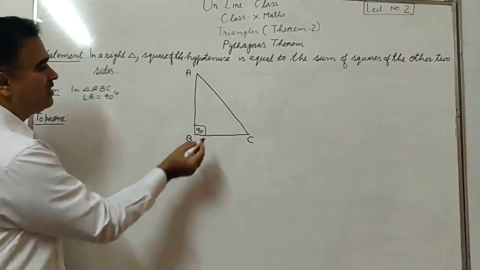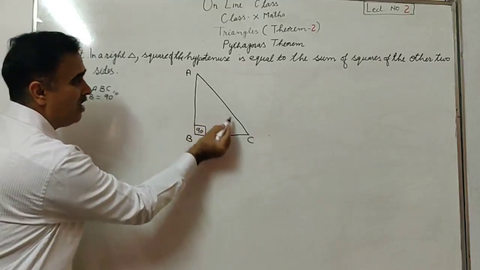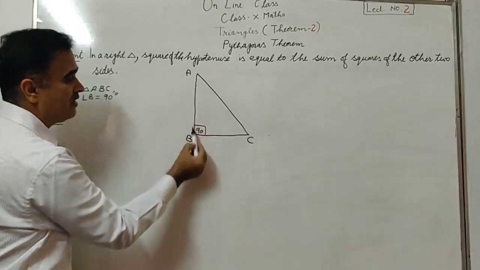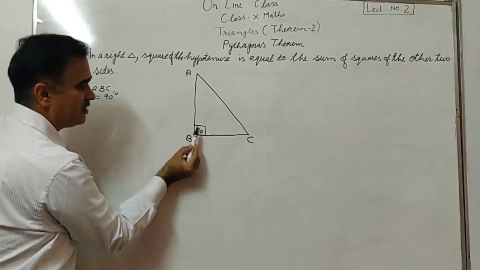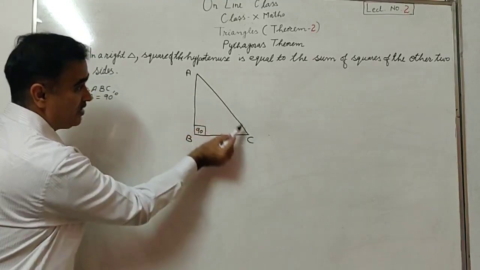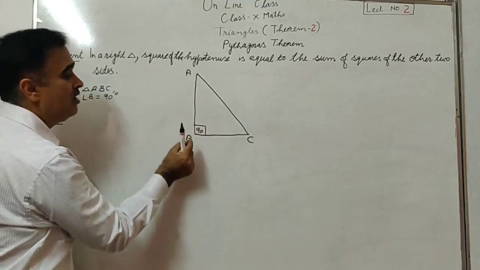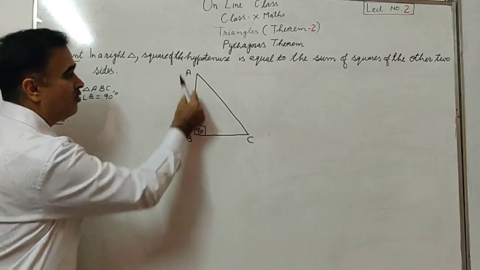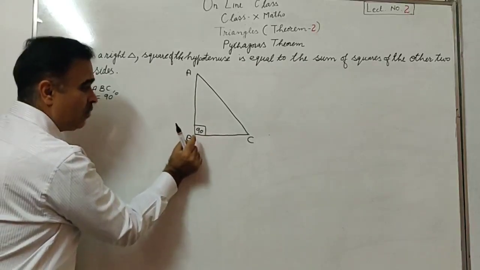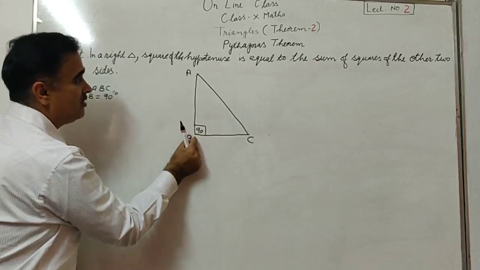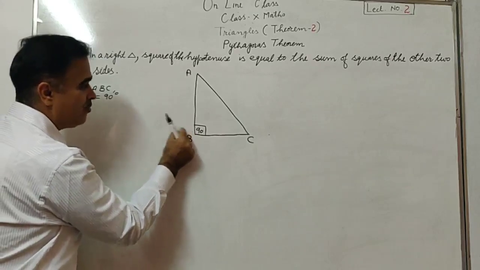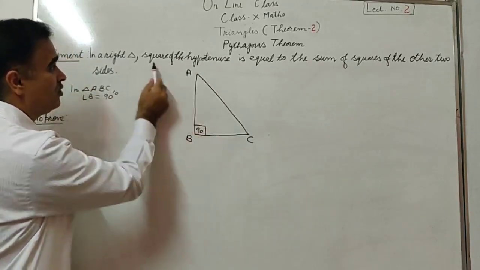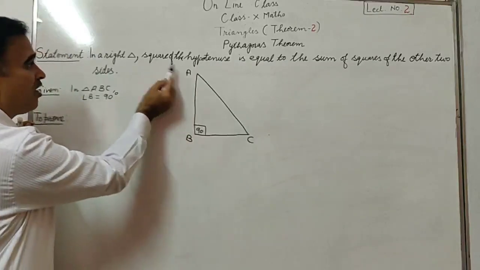the square of the hypotenuse. You know what is the hypotenuse? The side opposite to 90 degree. So what is the side in this triangle? In right triangle ABC, angle B is of 90 degree. The side opposite to B is AC. Always remember, if you want to see the side opposite to any vertex, then you leave that vertex and you will get it. Means if we want to see the side opposite to B, then except B, the line segment AC is the side opposite to it. So the hypotenuse is AC.